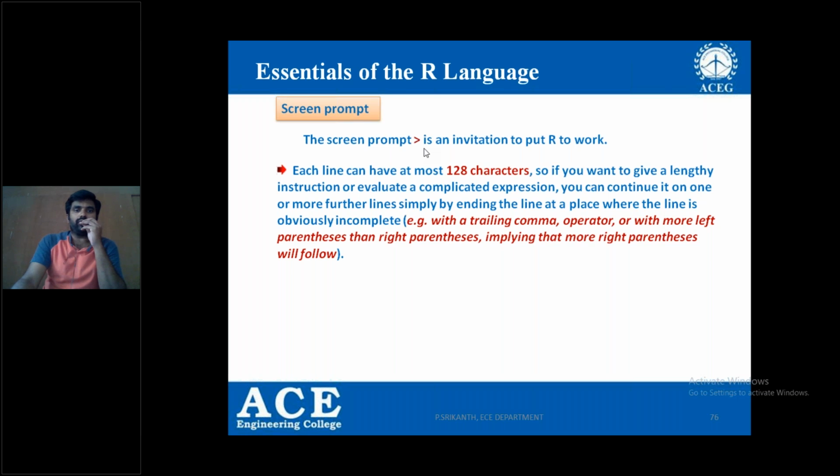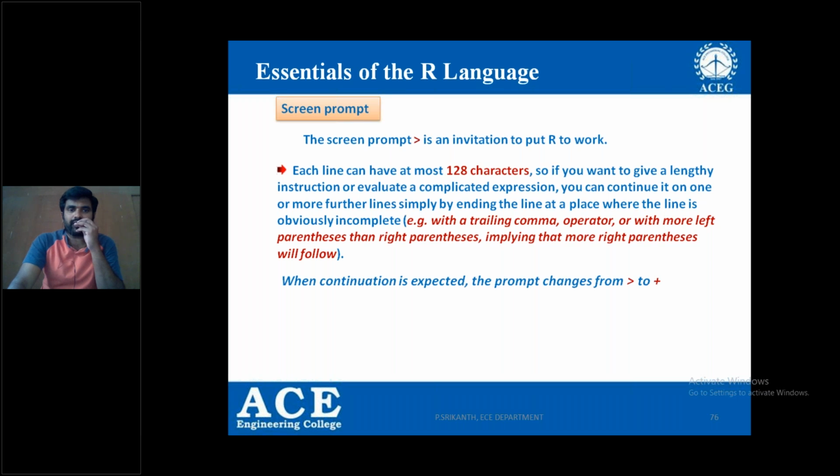So the only thing is you need to add a plus, or if you open any braces, you have to add a plus at the beginning of the next line. And see here, when continuation is expected, the prompt changes from this particular symbol to the plus symbol. So it is the best example for this.